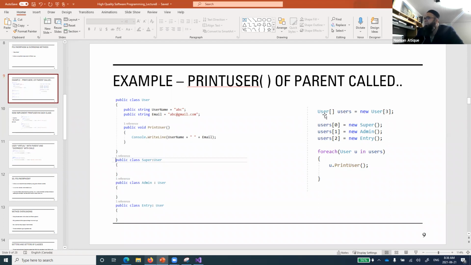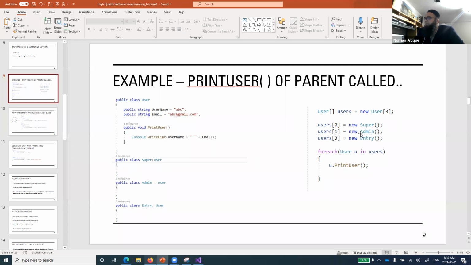So you see here what we are doing. User is our parent class, users is equal to new user 3. We have created an array of objects, right? At the first value we are defining super, the first child of it. All of them are children of user. They are all siblings, not a hierarchy or multi-level inheritance. So users 0 is new super, this class method.